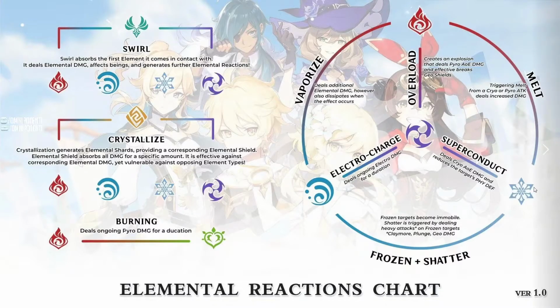Now finally, our last interaction is Melt, which is between Cryo and Pyro. And Melt is from a Cryo or Pyro attack meeting each other, and it just deals increased damage. Now I haven't found that Melt swirls very well, so if you could keep Vaporize and Melt away from Swirl,